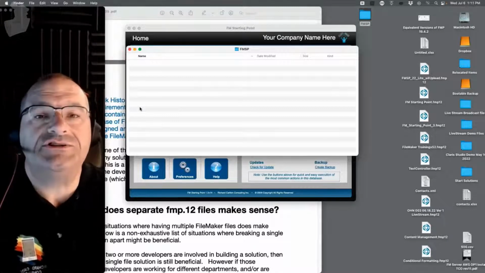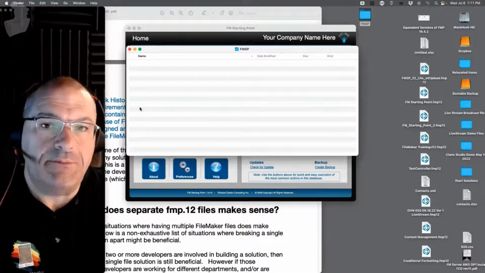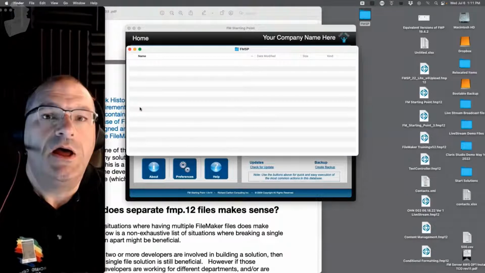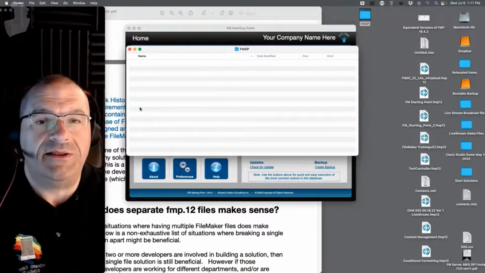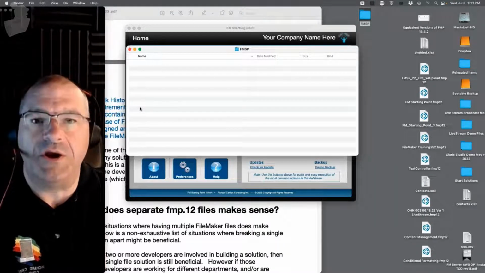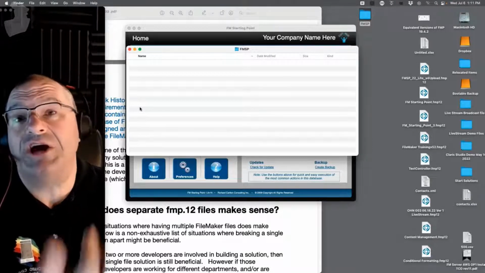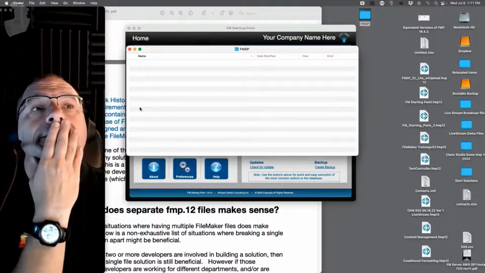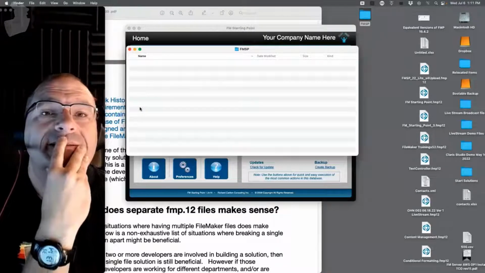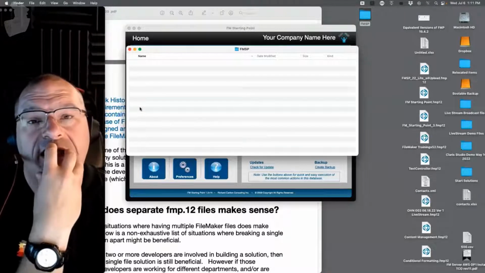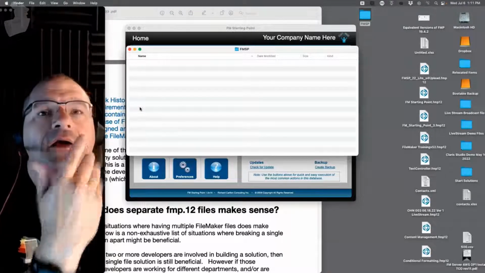So single file solutions are easier to manage from a security standpoint. They're easier to update, especially with the data migration tool. We could actually cover that a little bit tomorrow, although I haven't done it lately, so it's probably better to refer to the training. Someone asked the other day, hey, where's the